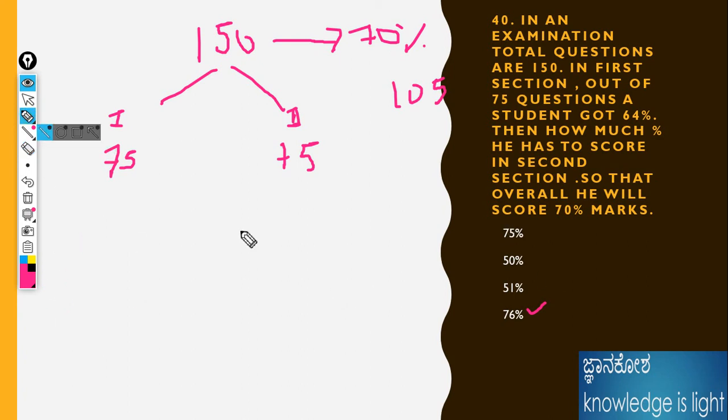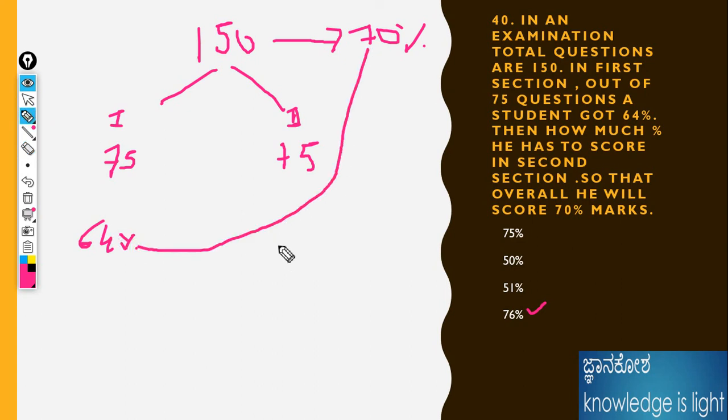See, what is the difference between the first section and the overall value? I will do this as well. 70%. See, what is the difference between overall and first section percentage? This is 6%. Overall and first percent, into 1, because the ratio is the same. If the ratio is the same, we take the ratio value 6 into 1. Then overall percent 70% plus 6 into 1 divided by 1.